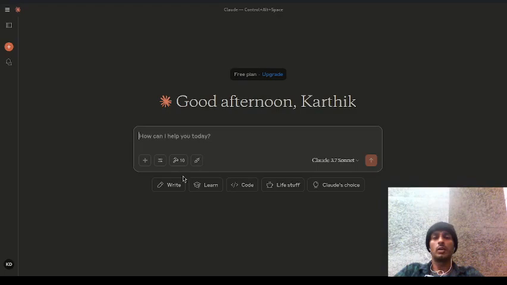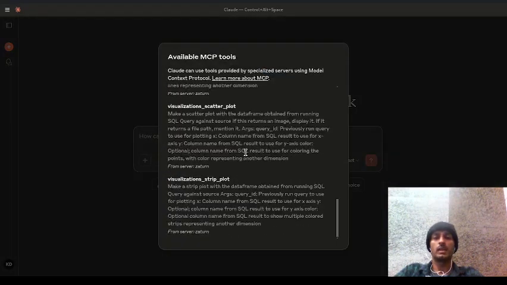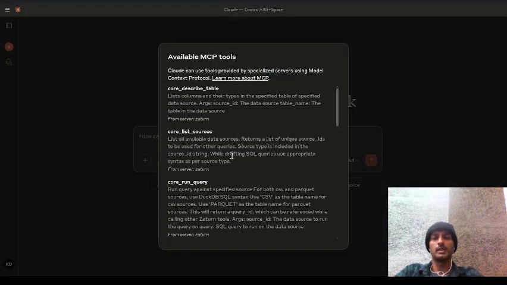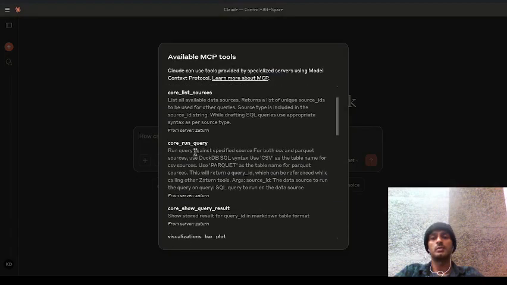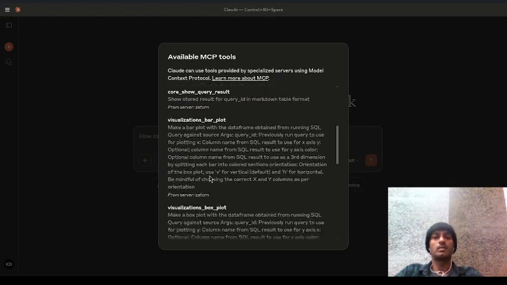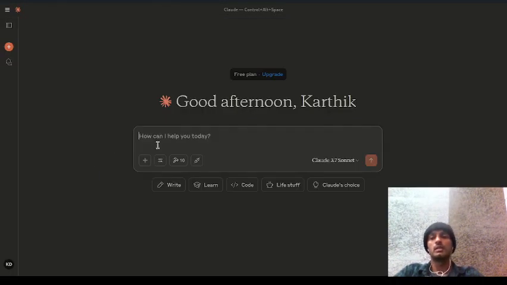Then once we go to Claude, we can see that there are 10 tools that Zaturn provides, which includes tools to run SQL queries on the data that we have linked and tools to make visuals so that you can understand the data better. So we're going to start with the question, who are the